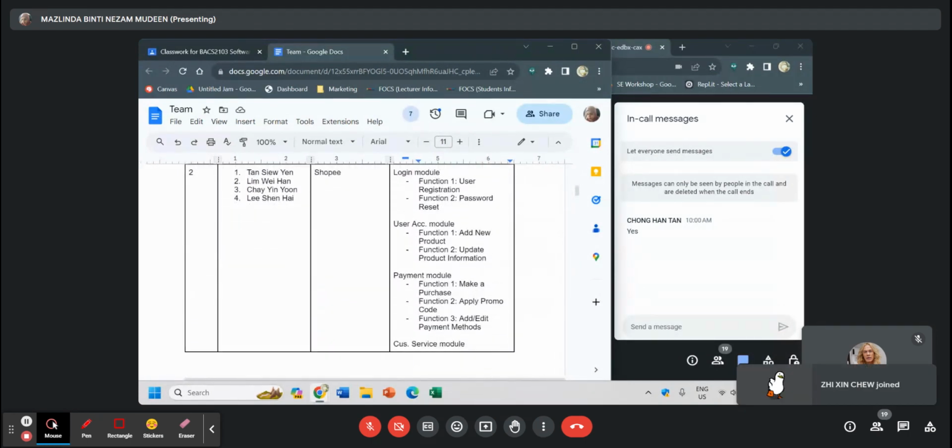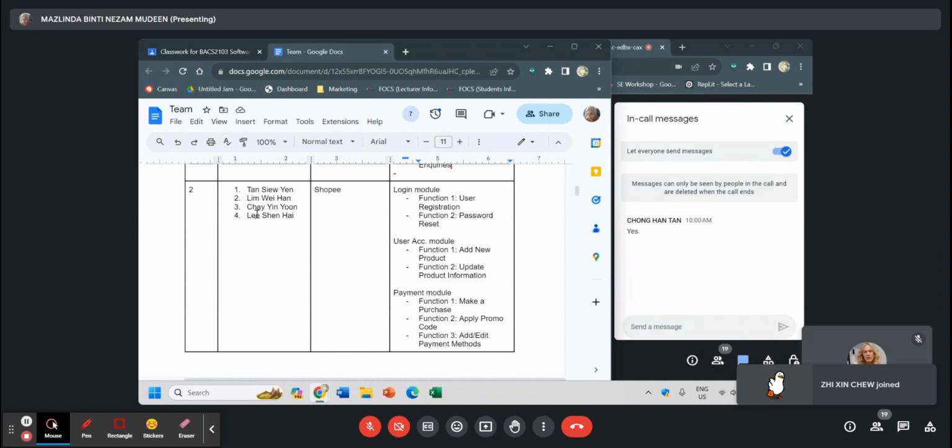Okay, so group two, Tan Siu Yen, Lim Wei Han, Chai Yin, Li Shanghai, so Shopee. Okay, so four members here. So we have the login module, user registration. When we say user here, are we referring to the seller or the buyer?